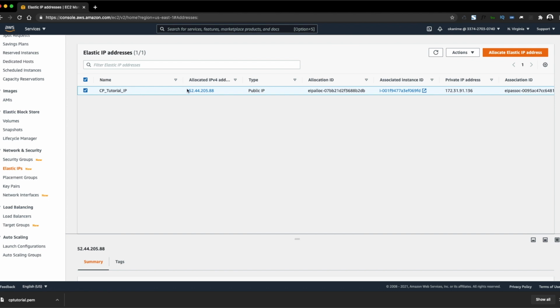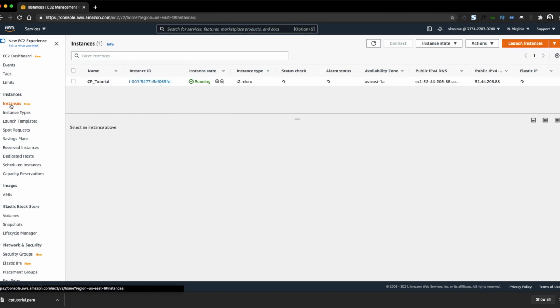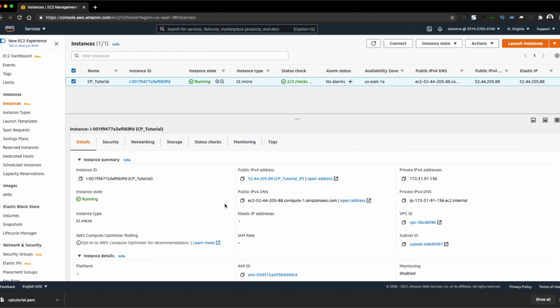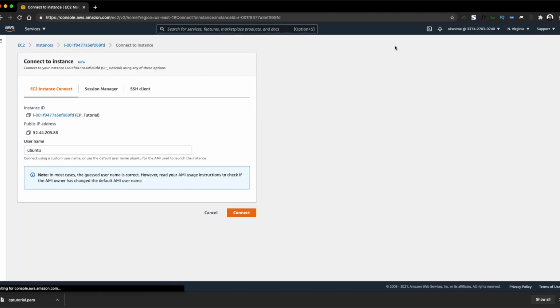We can verify that the IP address and the one in the instance is the same, which tells us that we've successfully attached this IP address to this instance. So that's pretty much it. From there on, we can use it to connect on